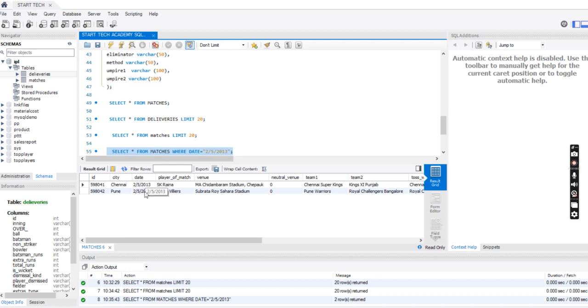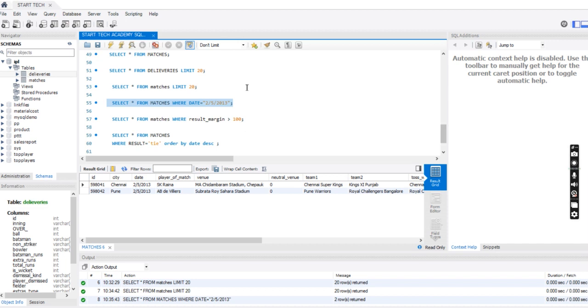Okay. So now the next query. The next query which I have to write is regarding fetching data of all the matches where margin of victory is more than 100 runs. Now in this as well I have been given a specified entry, like I have to only fetch details of the matches where the margin of victory is more than 100. So in this as well, as you have guessed it rightly, we have to use the where command. Select everything from matches. Again, matches is the name of the table from where I have to fetch the details. Again where command, because I have to find the particular details.